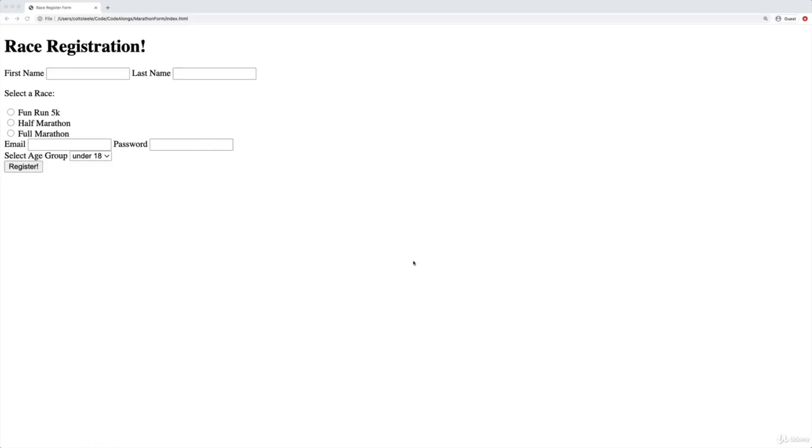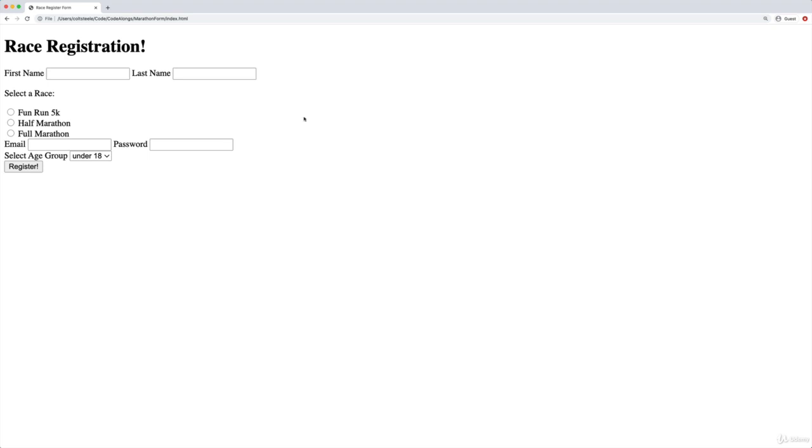So next up, it's time for a bit of a larger exercise around forms. I'm going to ask you to build a form for a marathon, a running, foot race, registration, where we've got a couple of different inputs of different types, and they are all correctly labeled. Obviously, it looks like complete garbage, but we can't do anything about that at the moment without CSS, so we're just going to make do. So it's just about the underlying mechanics, the structure of the form.